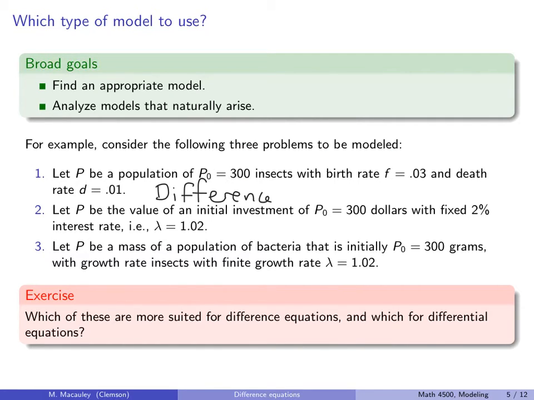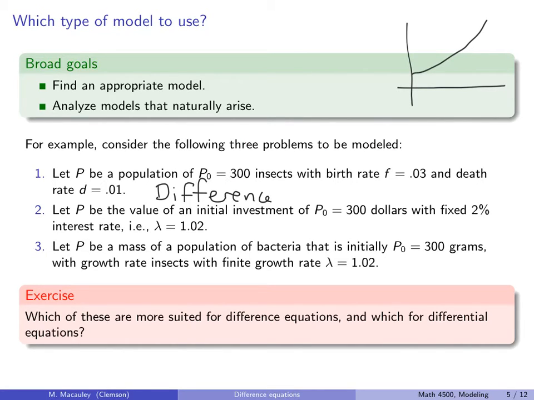What about the second one? Let P be the value of an investment of $300 with 2% fixed interest rate. So something like that, if your money's in a bank, you're going to assume that it's being compounded continuously. So I'm going to assume that your investment growth looks like that, rather than what you learned as a kid, which was, how I was taught as a kid,